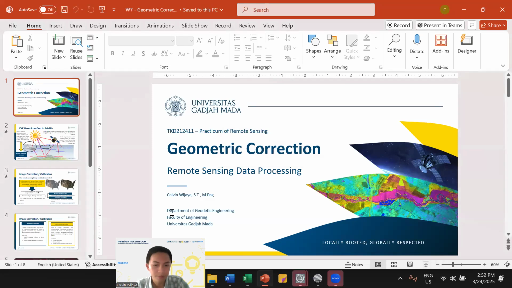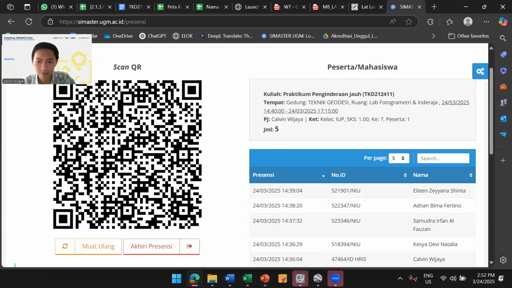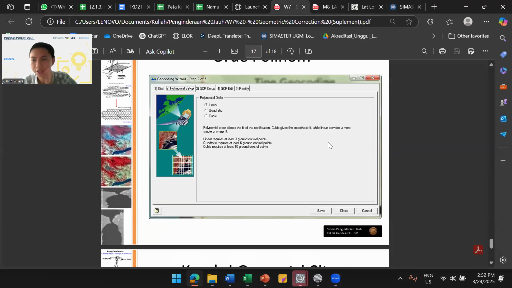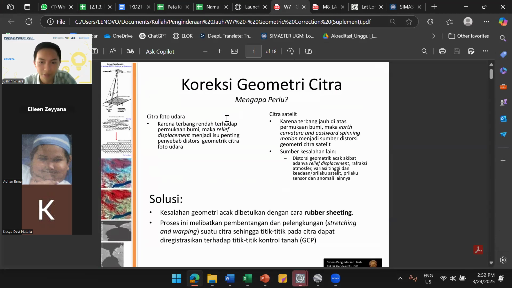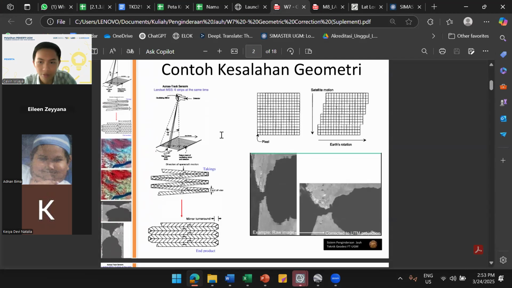So that's from my materials, but I also have other materials from Pak Basit. I will share these materials also. This is the technical steps on how we can correct an image geometrically. Okay, this is the source of error: the Earth is rotating and the satellite is moving.